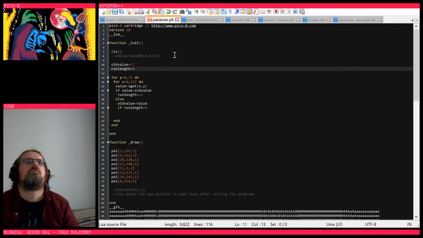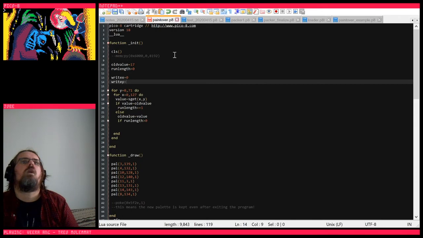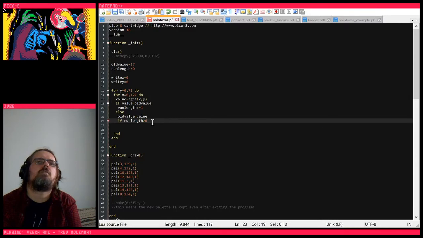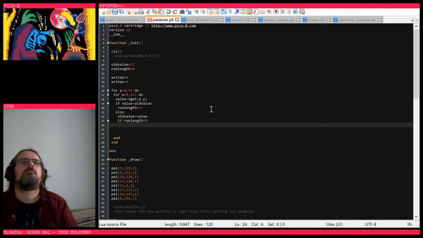we're gonna want to write this to the screen. So let's do write x is 0 and write y is 0, so we can actually draw this into the screen memory. So if run length is greater than 0, that means we have a length there. So we will set write x, write y with the run length,